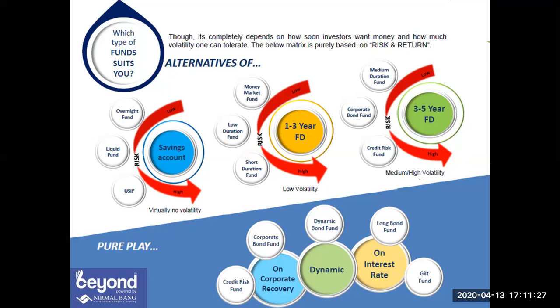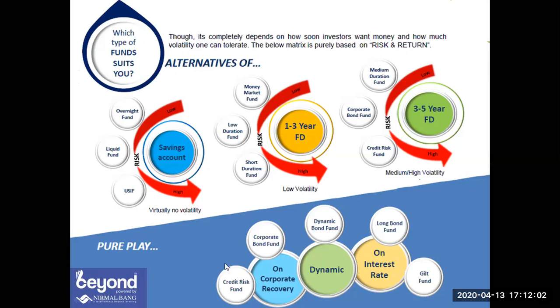These are the suitable products against the basic query that generally comes from advisors or clients: my client would like to invest in FD, so I'm trying to convert him from FD to debt mutual fund, so which is the suitable fund to invest into? It shouldn't be which is the suitable fund. It should be which is the perfect category for that particular client to invest into, and then you should think about the fund.